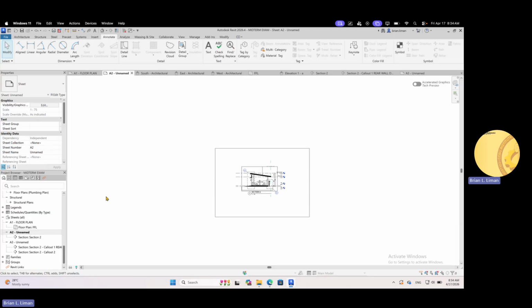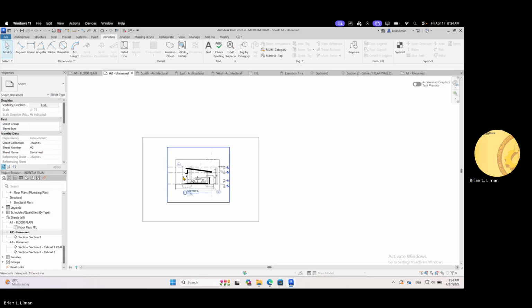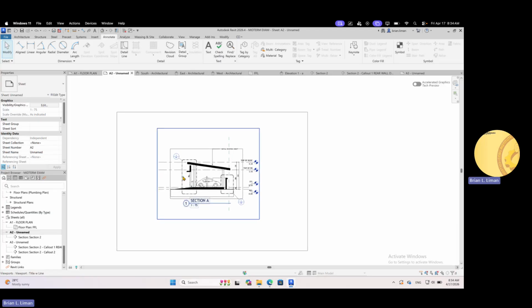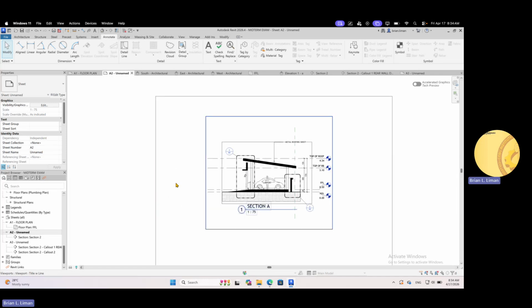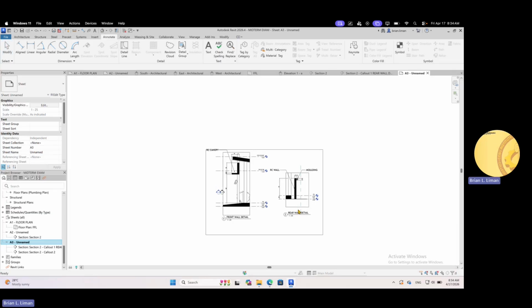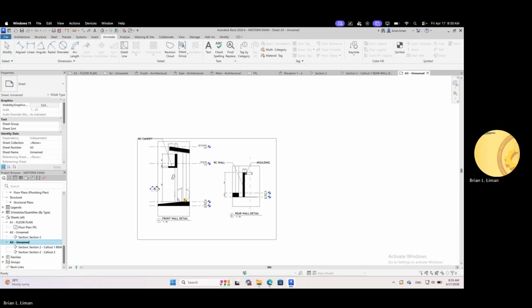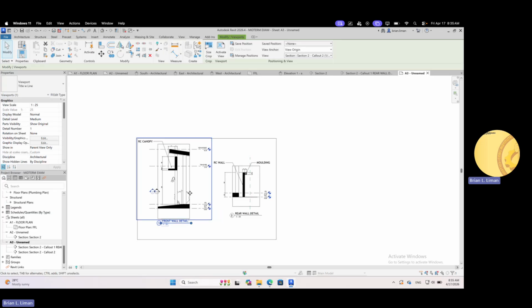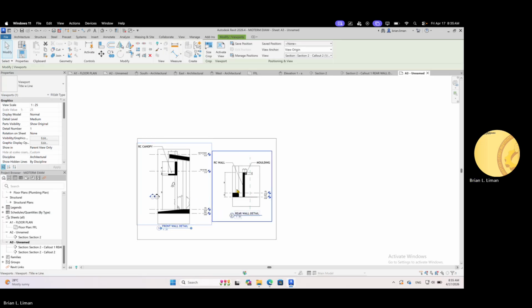This one is section. So I think you have created section also. You can see the call outs. And then this one. This is the page for the details. So these are the call outs actually. Okay.